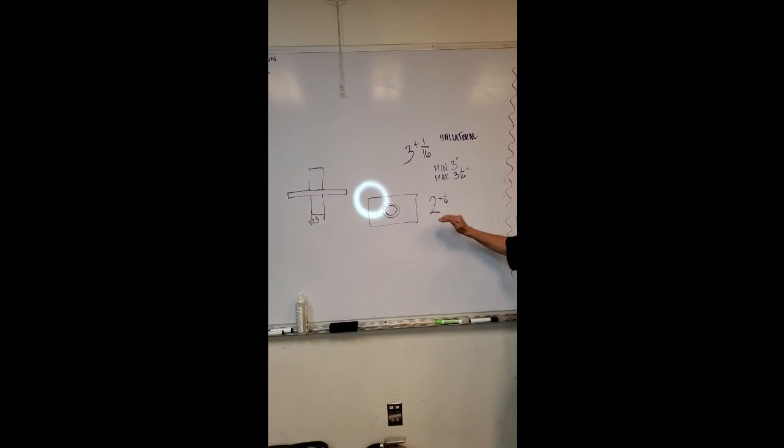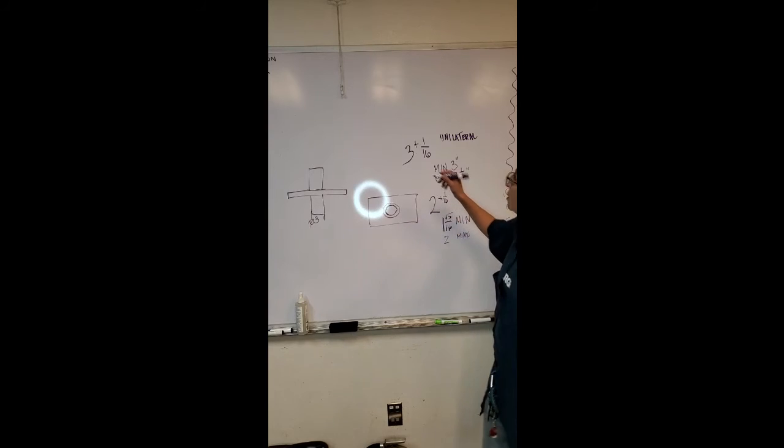So what would be my minimum? 1/16. Or minimum is 2 inches. Oh, no, that's your minimum. 1 and 15/16. Yeah. 1 and 15/16 is my minimum. Now, what is my max? 2 inches. 2. So this is still a unilateral, right? I can say